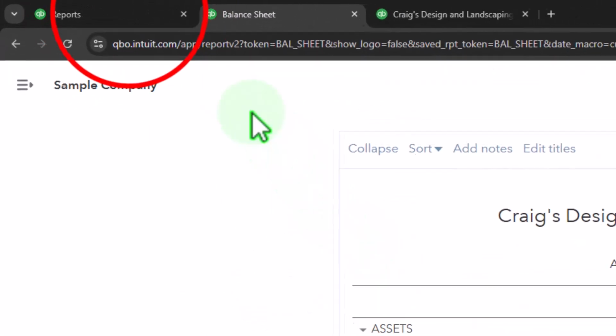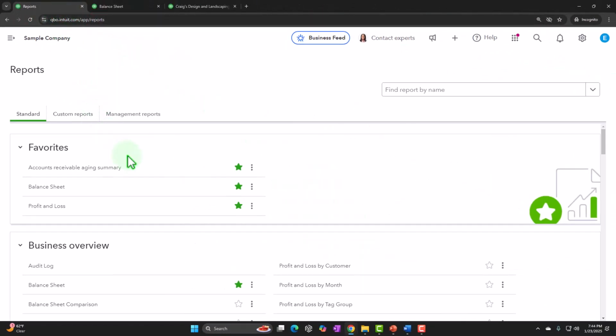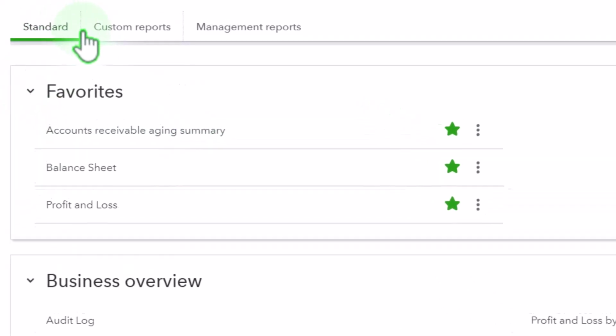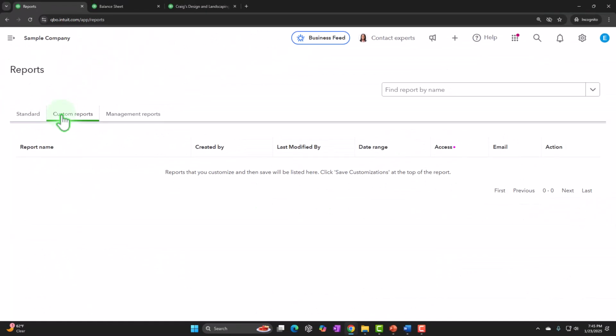All right, let's go to the first tab over here, and let's just go through some of these reports, giving an overview of them, and then we'll touch into them as needed as we go through our practice problems. So within the reports, we have the standard reports. We've got the custom reports, so we can add the custom reports to it. We'll talk more about that in future presentations. We might have another course or section diving into custom reports, but the general idea would be, if we go